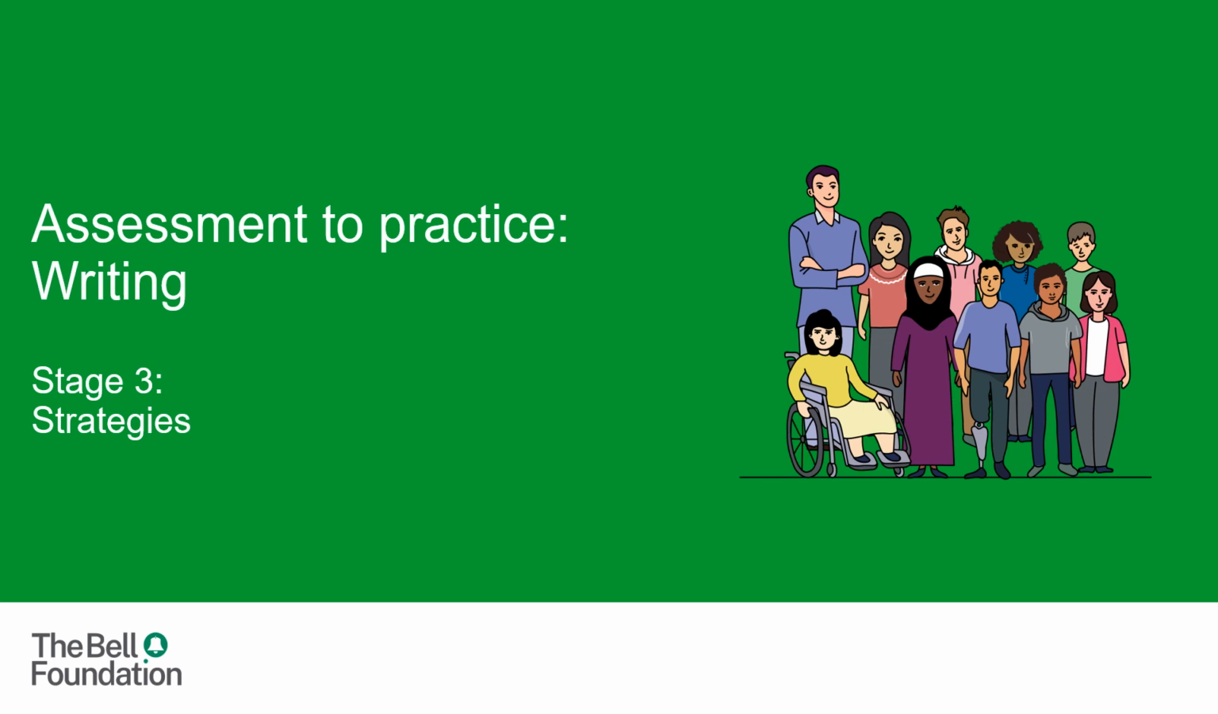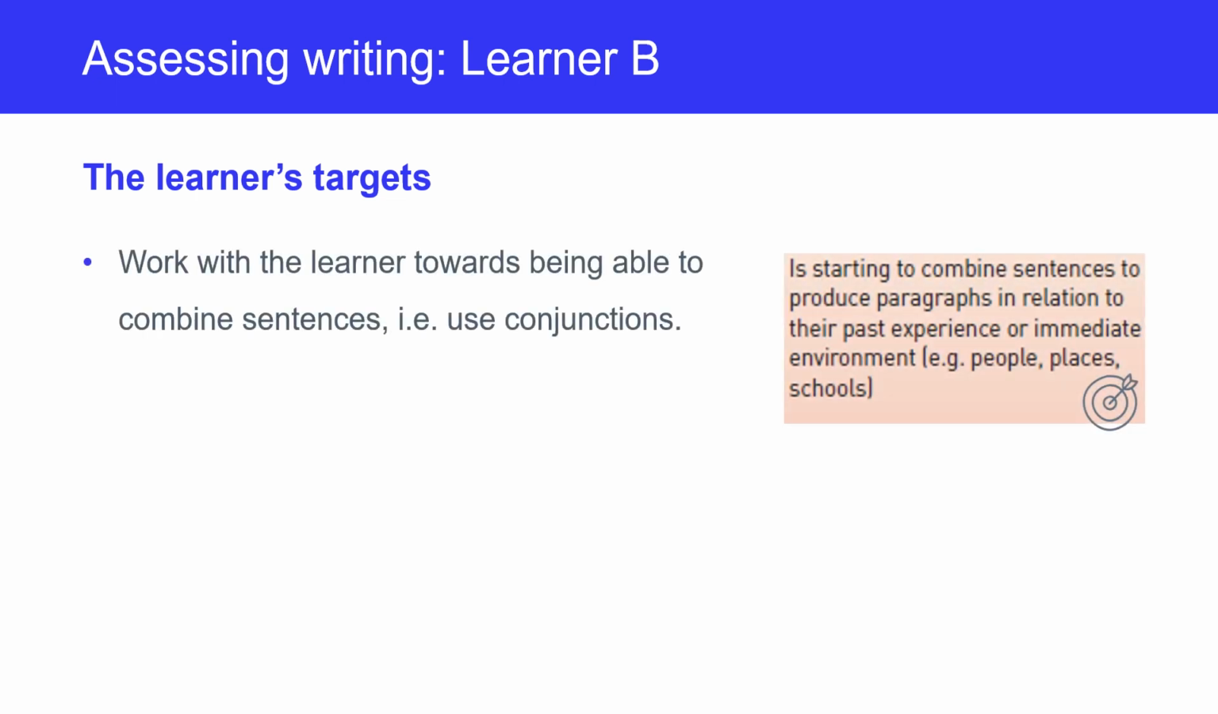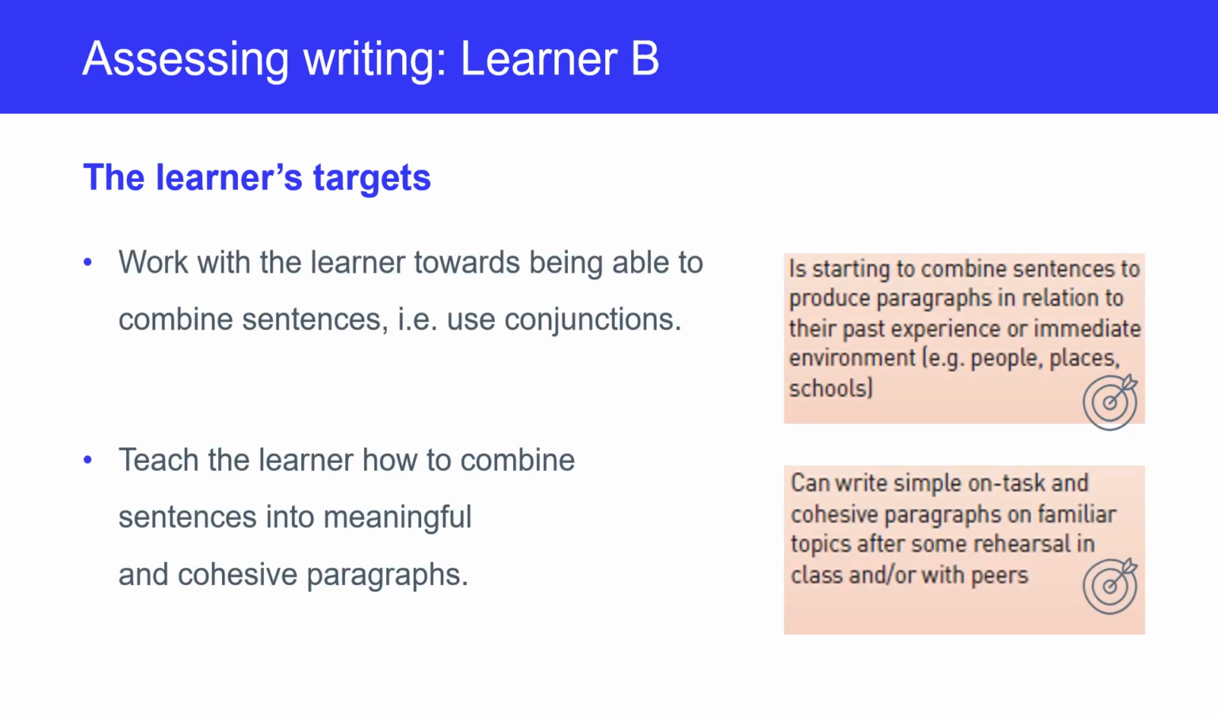Now that we have assessed the learner's writing and set appropriate language learning targets, how can we address these in the classroom? Let's recap what we finished with in the previous video. We have identified that the learner would need to work on the areas listed here on the left, to be able to combine sentences via using connectives and conjunctions, and also write meaningful and cohesive paragraphs, which means cohesive devices